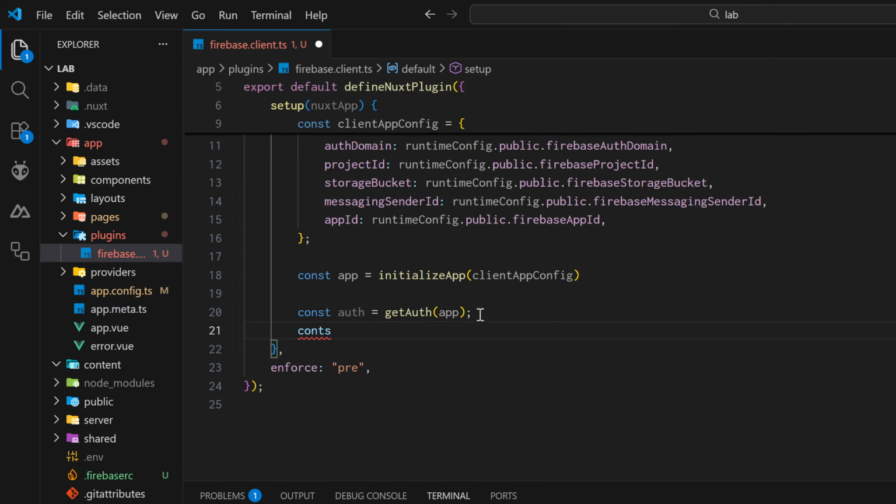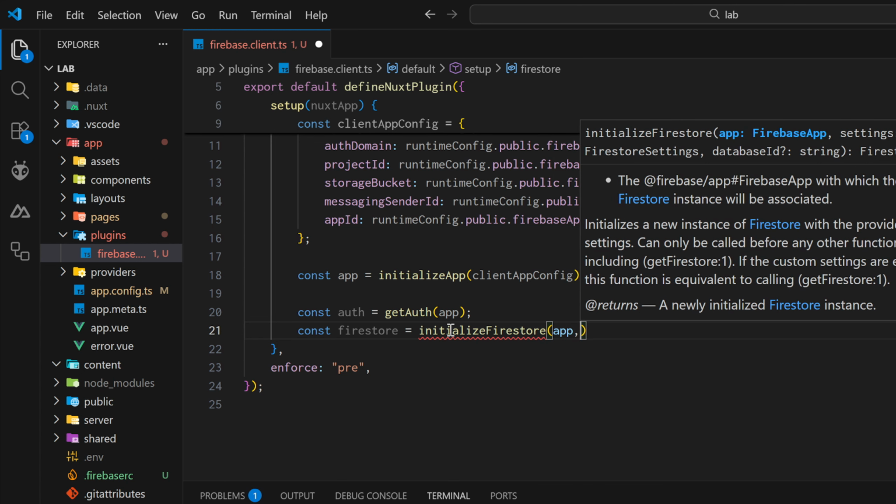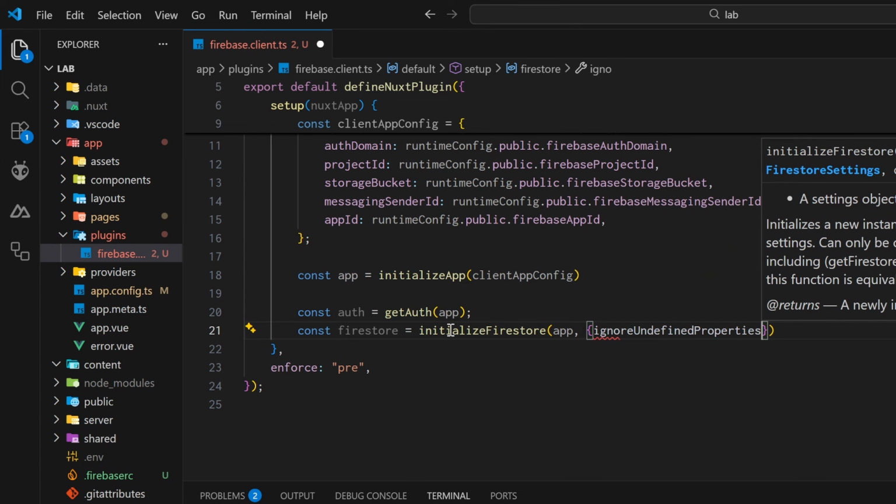Then we can also get a reference to our Firestore. It's going to be initialize Firestore right here. Going to pass the app. And then we are going to pass some custom properties, which is going to be this ignore undefined properties and